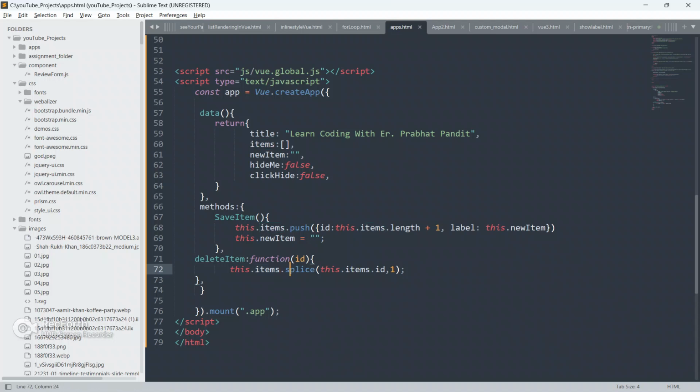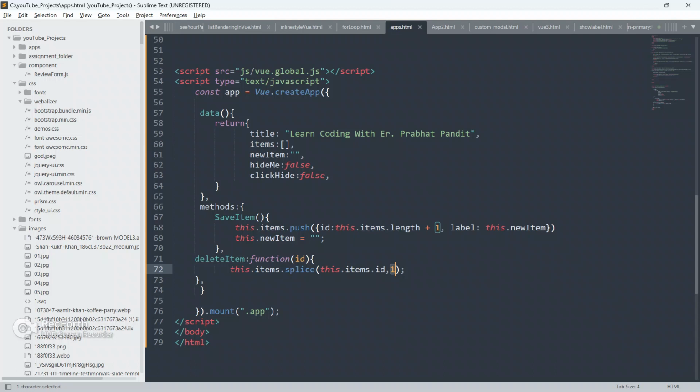This splice method is used to remove items from the array at a given position.